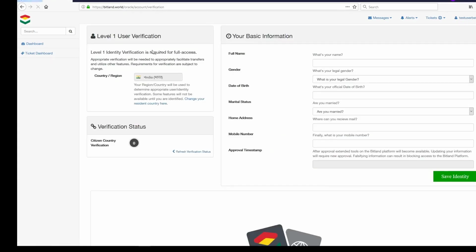We'll need to get verified. So we're going to go ahead and fill out this verification information. We'll need to send it in. It'll have to be approved by the global verification team. This is basic know your customer information. As you can see from this form,